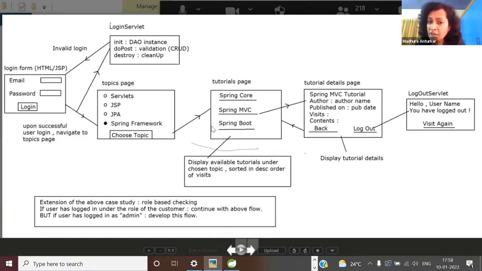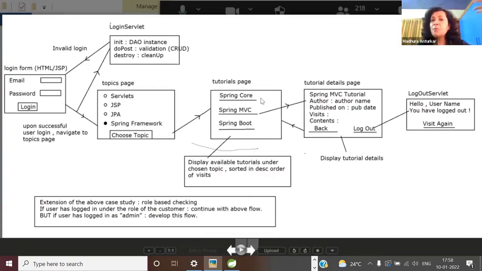Now under the topic, you might be having so many tutorials, right? For example, under Spring Framework, Spring Core, Spring MVC, Spring Boot. You're going to learn all of this, but in the second half, next week. Then you have to show the tutorials under the chosen topic, sorted in descending order of visits. Tutorial has visits.